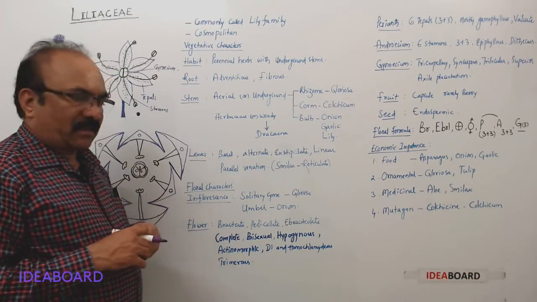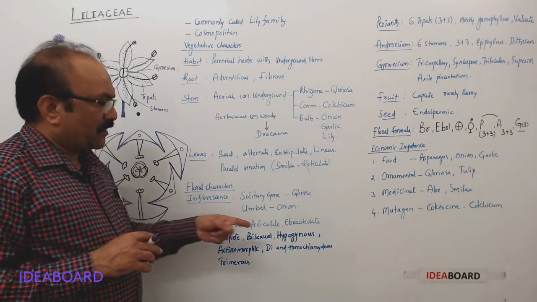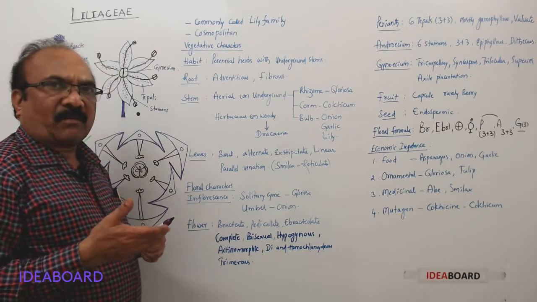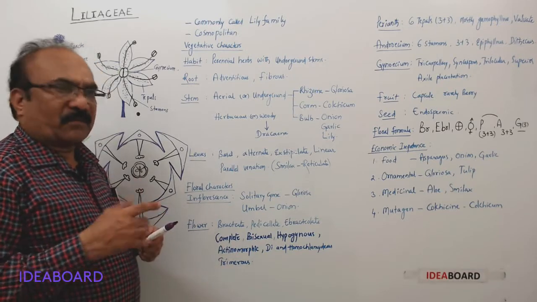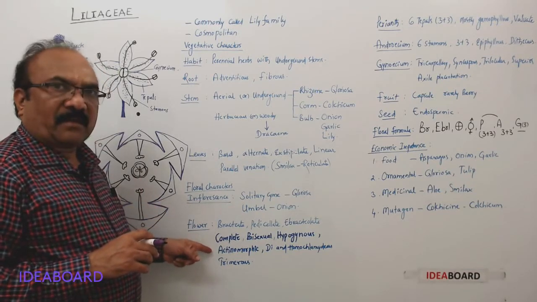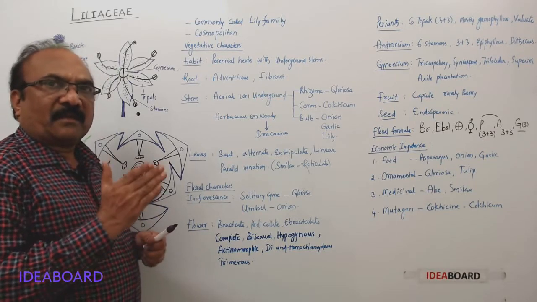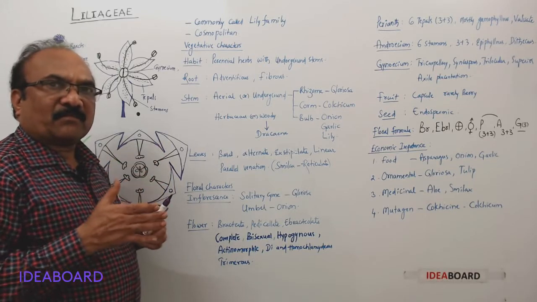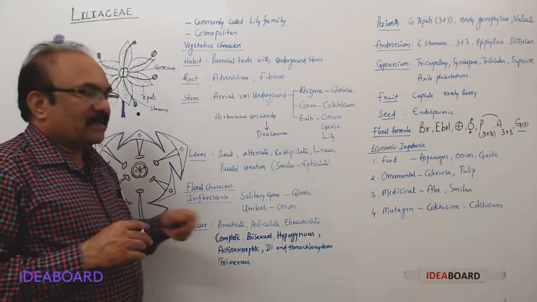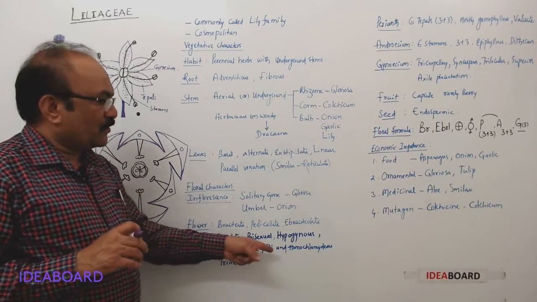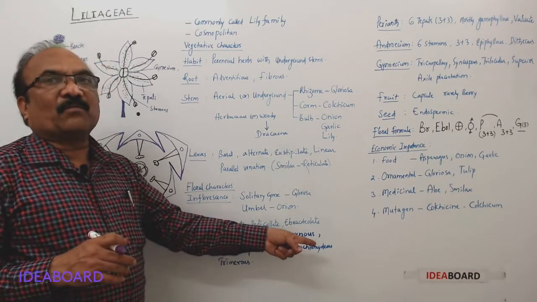So complete flower, and it is bisexual because both androecium and gynoecium are present, and it is hypogynous, means all other floral parts are present below the gynoecium, so hypogynous with superior ovary. And the flowers are with radial symmetry, so you can cut the flower into two equal vertical halves passing through center from any plane, so that's why actinomorphic. And the perianth is arranged in two whorls, so dichlamydious, and they cannot be differentiated, so homochlamydious.